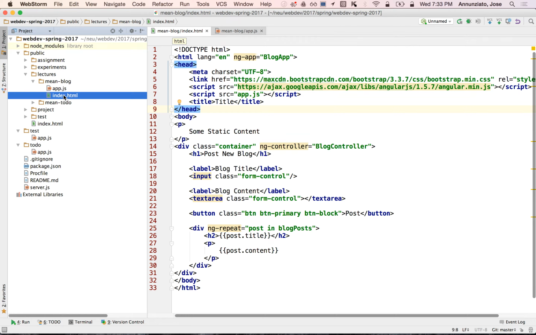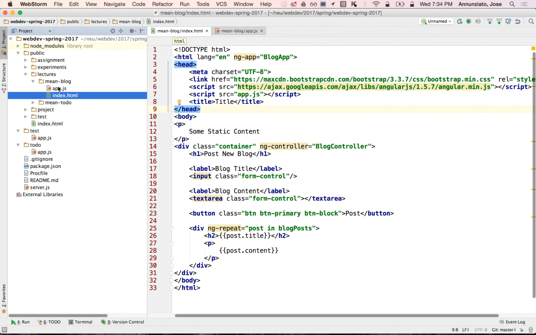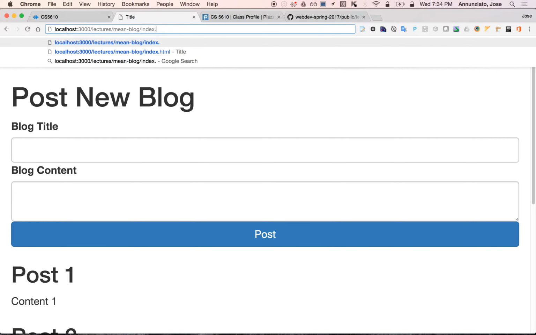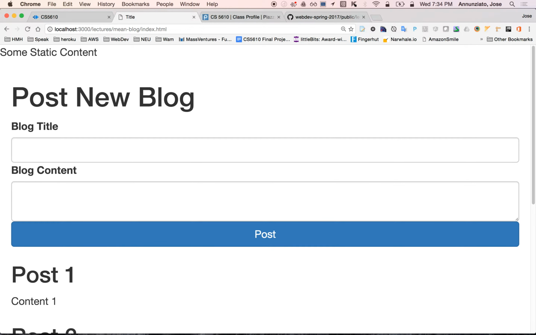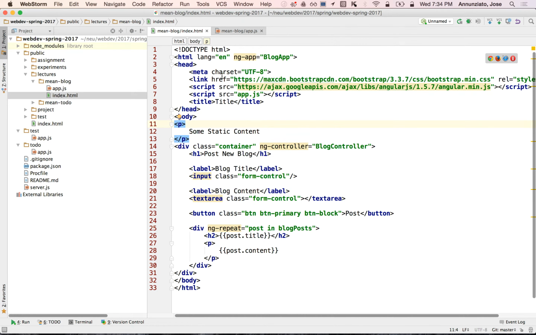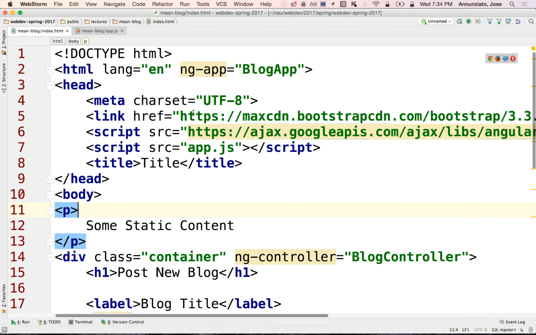And the entry point to the application is this index.html page, which we are viewing right here. Notice lectures, mean blog. It's right here. And we are accessing this index page, which is the default page if you don't ask for anything. That's why it's rendering. So here in that index page, we see that we have loaded a couple